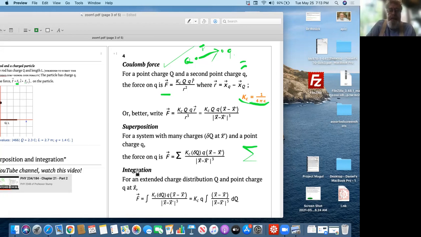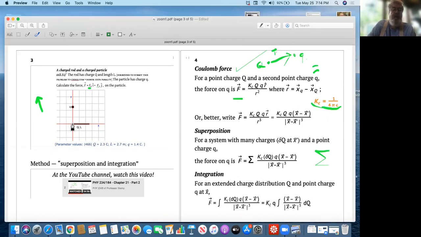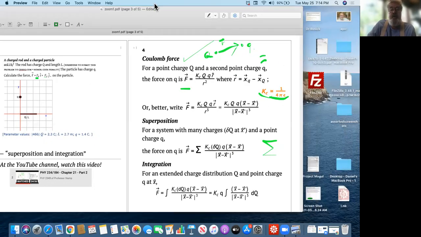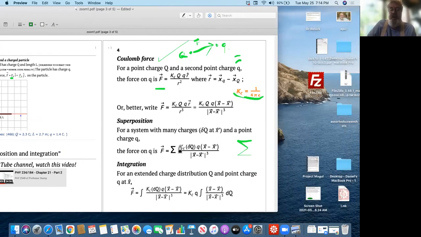But now integration. When the charge capital Q is an extended charge distribution, like for example here, capital Q is a rod. It doesn't have a position. It has a whole bunch of positions. It's stretched out along the x-axis from the origin to a point at distance L from the origin along the x-axis. So there is no position for the rod. It has an infinite number of positions because all the points on the rod have charge. So you have to sum over all the points on the rod